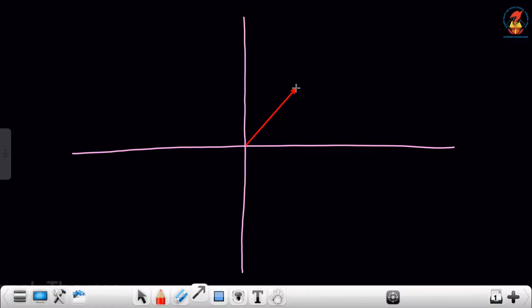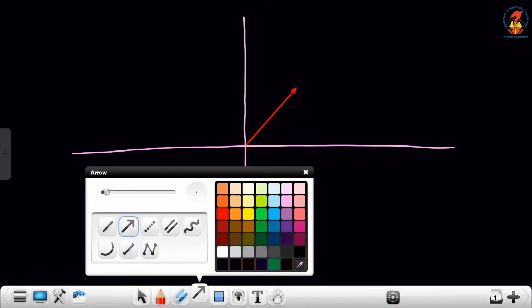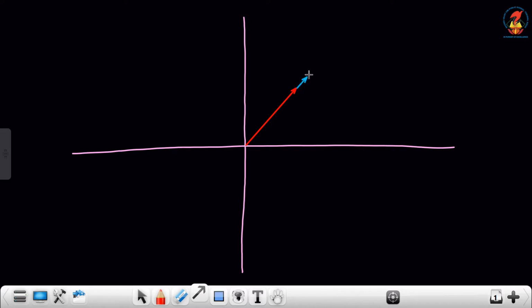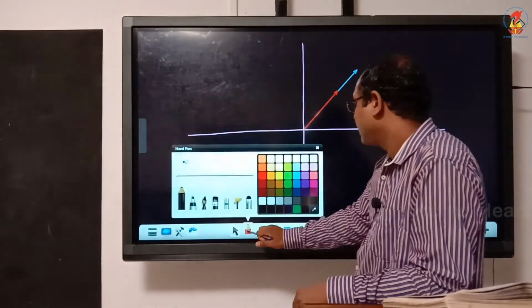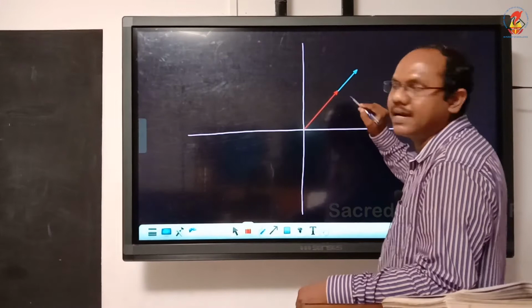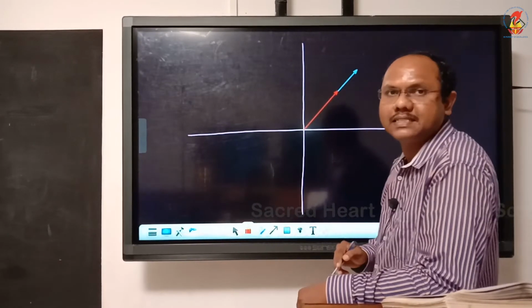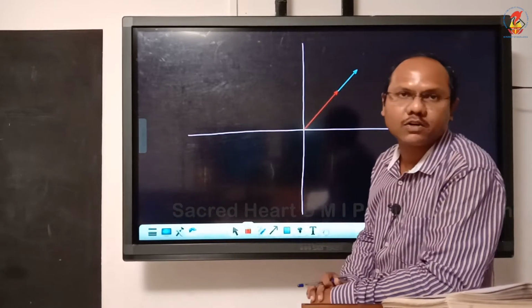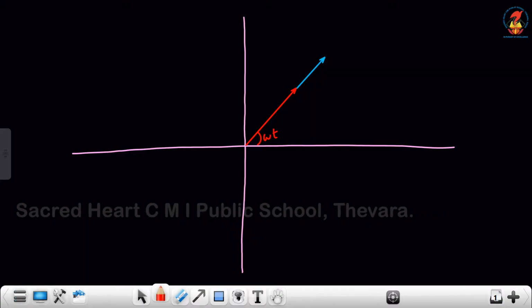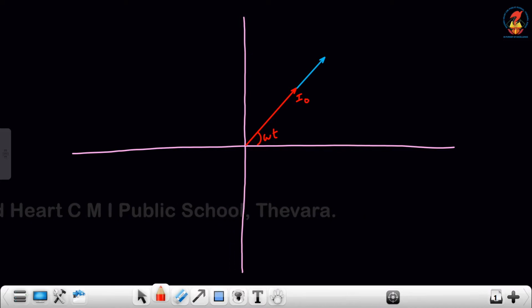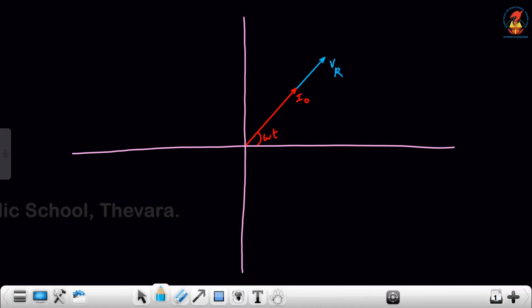So this is current, and then this will be the voltage. So voltage across the resistor and the current across the resistor, both of them are in phase. So I will mark here omega t, and this is I0 and this is VR, voltage across the resistor,